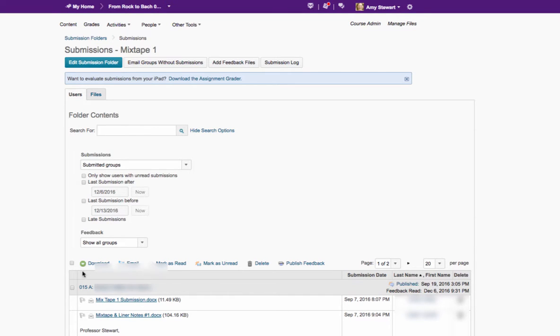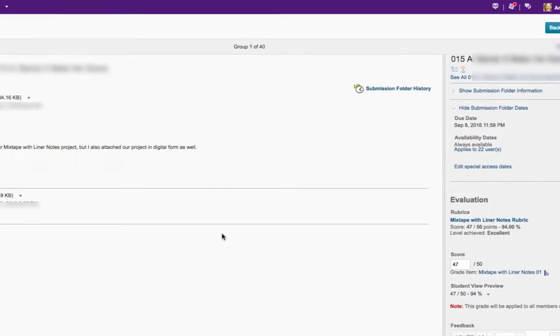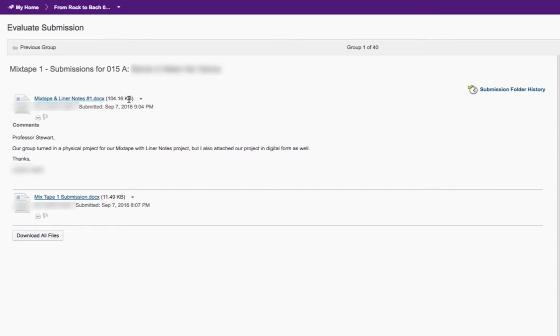Any person within that assigned group can submit something, and it's associated with their group right there in the assignment folder. So when I grade them, the grade goes directly to everybody in that group instead of having to grade each person individually. When you go into the assignment folder where their documents are located,